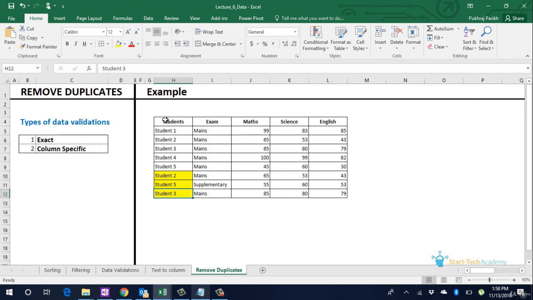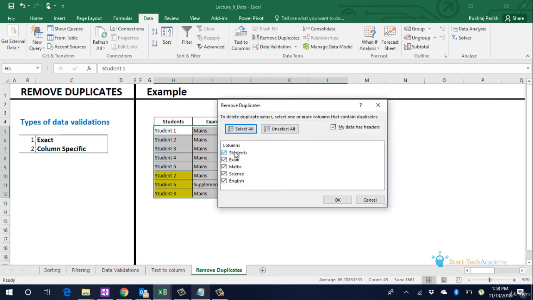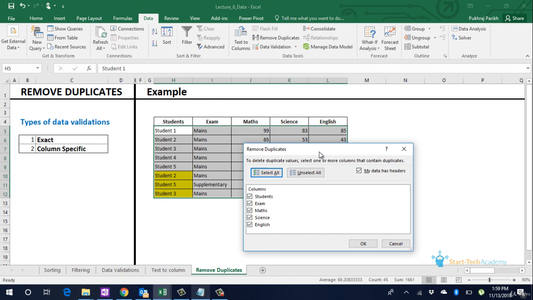Let us do this. We first select the data, go to data and select remove duplicates. One thing to note here is there is a checkbox which says my data has headers. Since our data has the heading of students, maths, science and English, we have ticked this option.